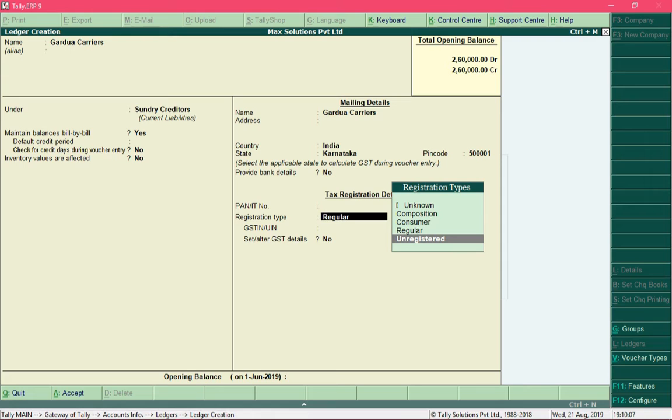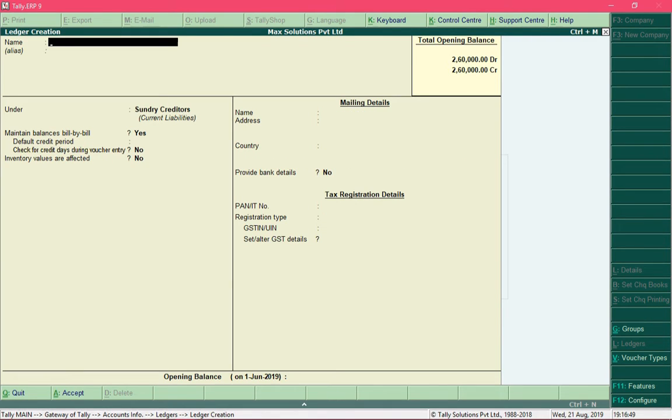A GTA could be registered under GST or could remain unregistered, but its service falls under reverse charge mechanism unless he charges GST at 12%. So for this example I will select the option unregistered and just save the ledger with Ctrl A. Alright, so now we have the required ledgers created.